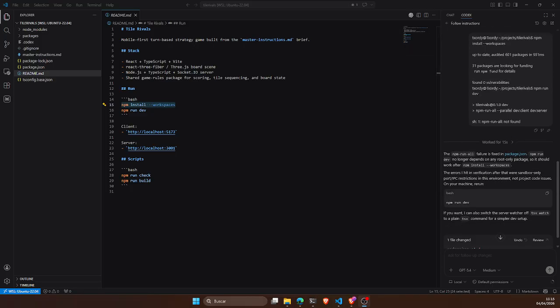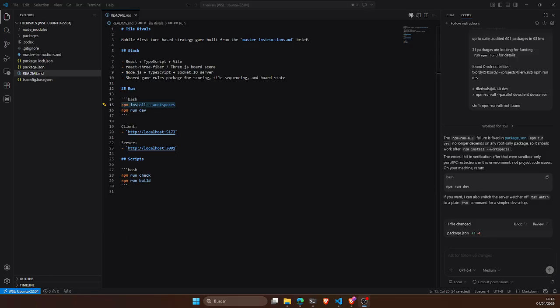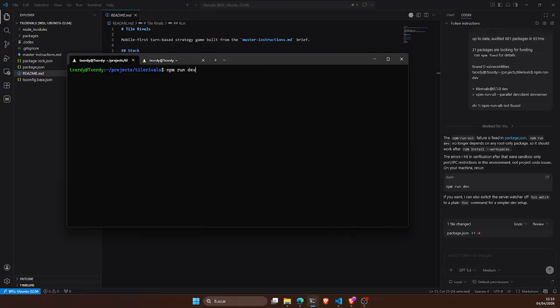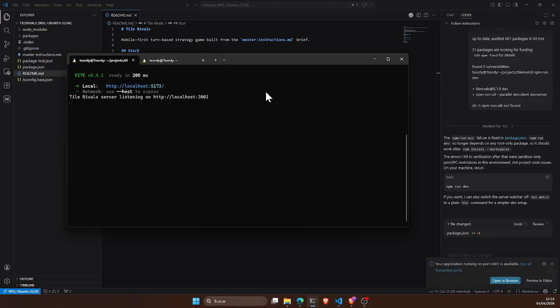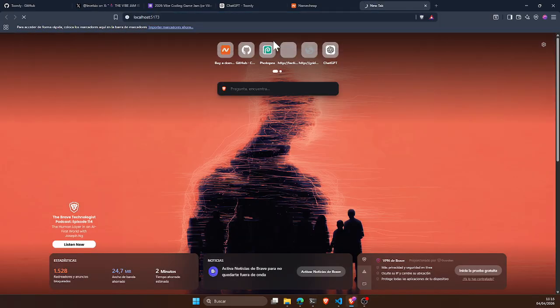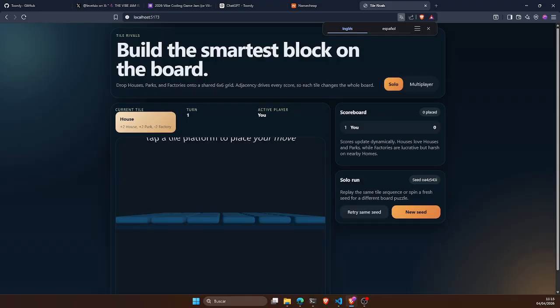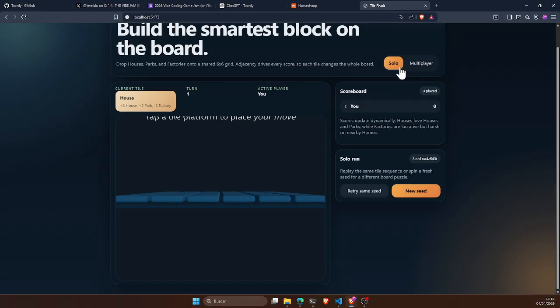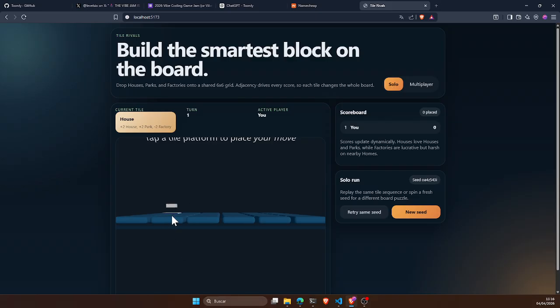So it has fixed some things, and I'm going to try to run it again. Just clearing the console and trying to run npm run dev. Okay, it has done something. So we have a thing somewhere. Let's try to open this, and yeah, we have something for sure. I don't know why, if I tap something, it creates things, but